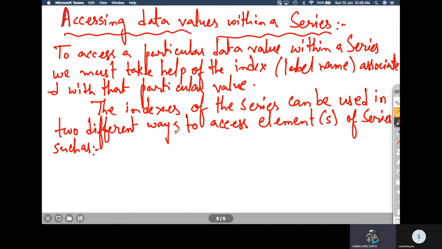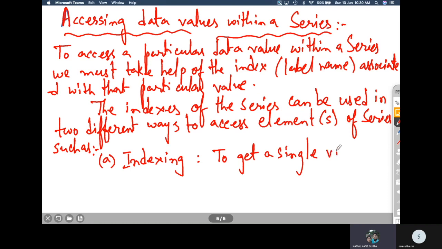The two ways are, number one, indexing. The first way is indexing to get a single value out of a series, right?